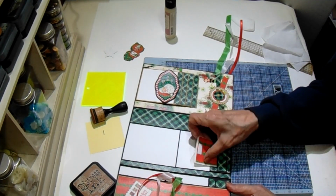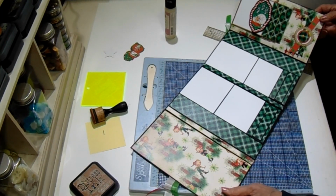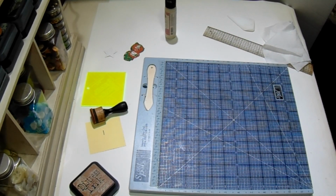Okay, so now we are going to go back to panel 1. We haven't put anything on that yet, but I'm going to lay this over here so it'll lay out flat till that embellishment dries. Put these up. Okay. Put my wire away. I have too much stuff out here. Okay, so what we